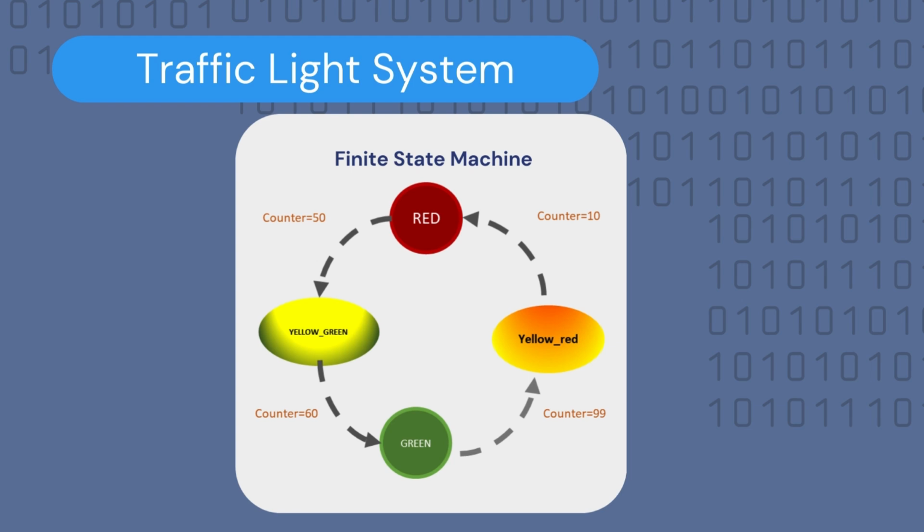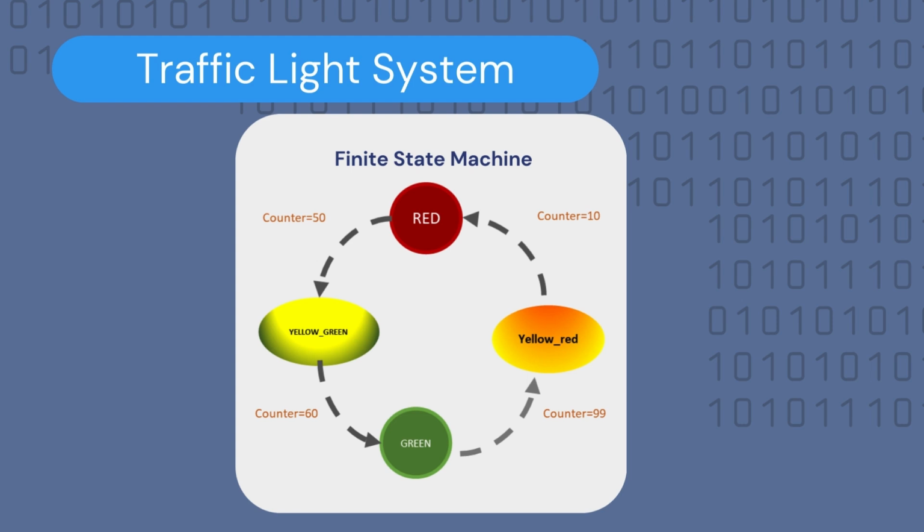The counter has a value from 0 to 100 and will remain in the red light state when the counter is at 10 to 50, so that's 40 counts approximately. Then it will transition to the yellow to green state and remain there for 10 more counts up until we are at the 60 counter mark. And then it will transition to the green light state when we are done with those 10 counts, and will remain there for another 39 counts,